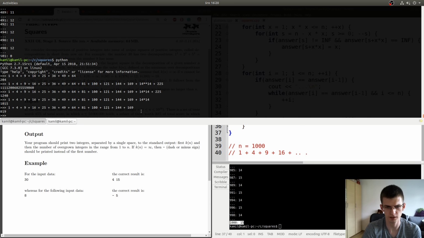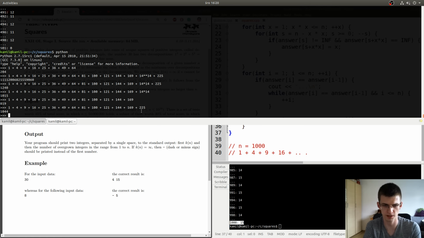So apparently when we add 15 square, but of course maybe remove some of the smaller numbers, we will get a sum exactly equal to n, equal to 1000. In this case, I think it's possible to remove, or maybe it's not that easy.